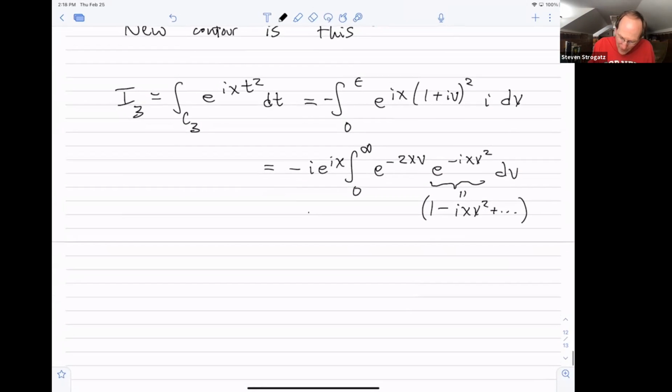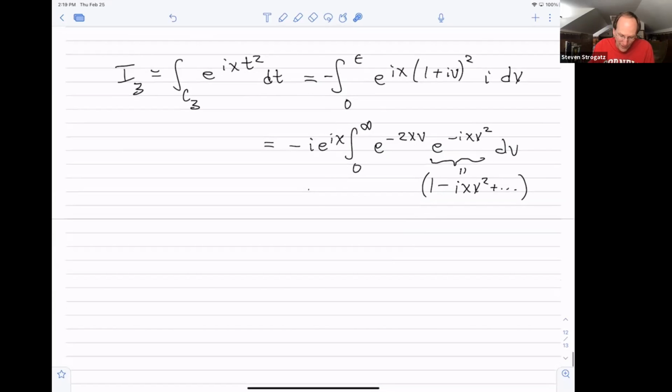Right, I'm using the fact that up here v was small. So I'm just expanding this for small v. And then later making this move of going out to infinity at the cost of these transcendentally small terms. So anyway, if you do all that, and I'll let you check the Gaussian integrals, you end up getting that